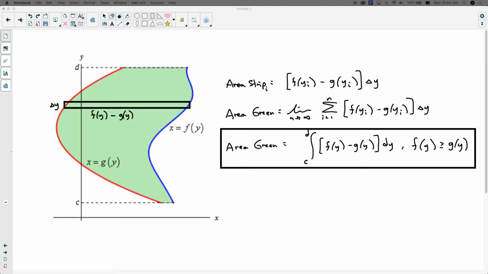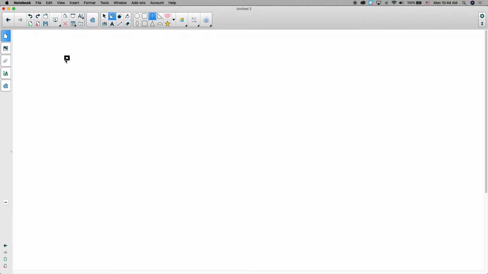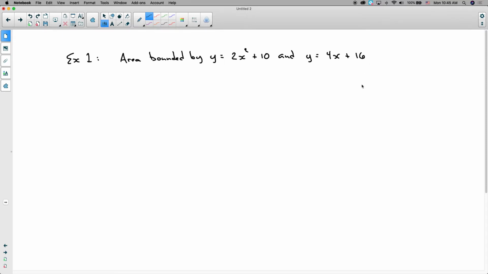Okay, so then let's do an example. And my first example is going to be the area bounded by y equals 2x squared plus 10 and y equals 4x plus 16. Okay, so then